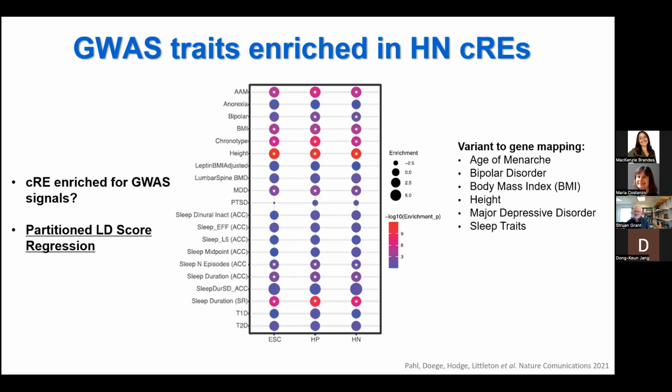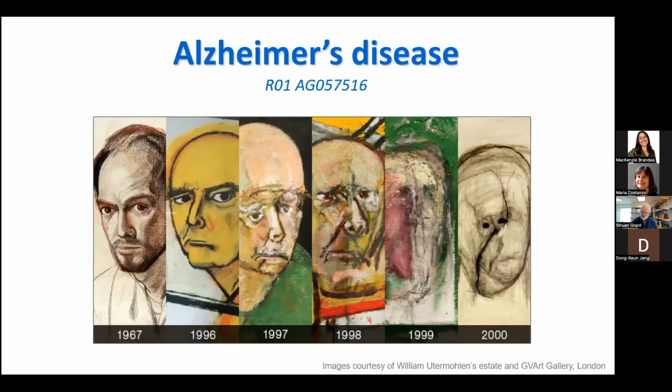So these are traits that we would then be motivated to do variance gene mapping at the individual level and perhaps do functional follow-up, given the guidance that we get from doing this LD score regression. So we've had a proliferation of grants. We've had a good time working with the NIH on a number of different disease areas doing variance gene mapping.